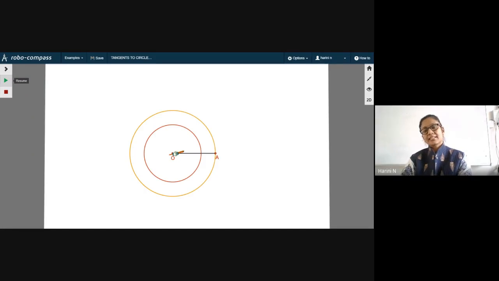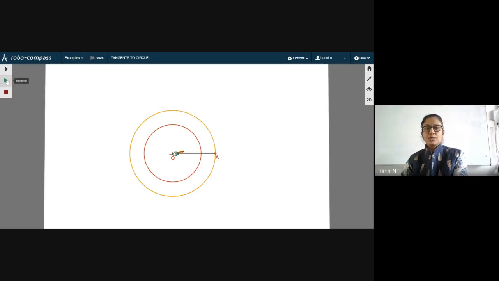With O as center and radius more than half of OA, draw arcs above OA and below OA. Then now take your compass to A. First you will keep it at O, cut arcs above and below. Then you will keep it at A, cut arcs above and below. The point of intersection you will mark, then join them. Once you join the points of intersection, your line segment will be drawn, which is the perpendicular bisector for OA. Then once again, you will find the point of intersection, which will be the midpoint of OA.